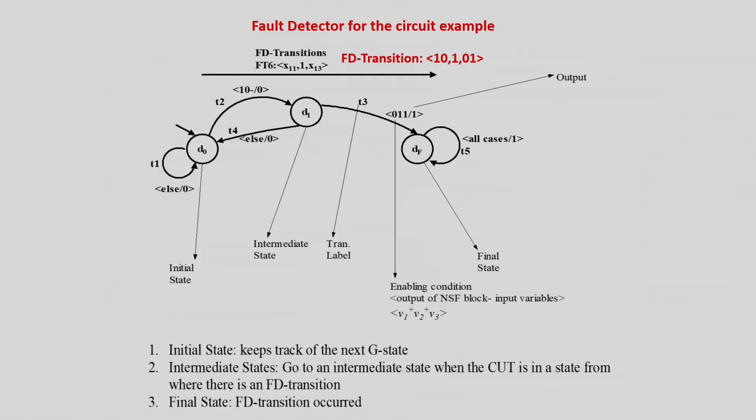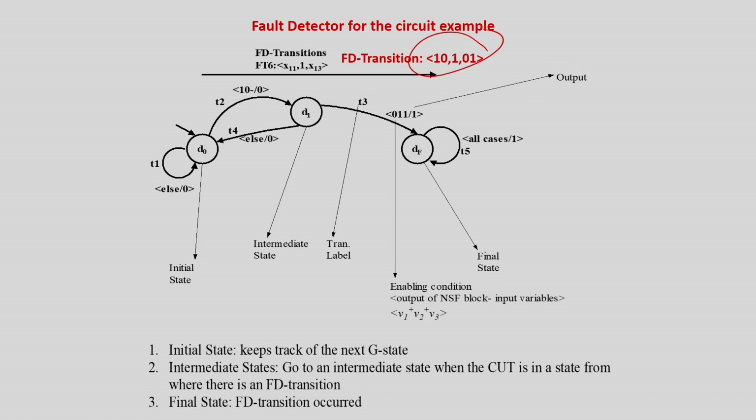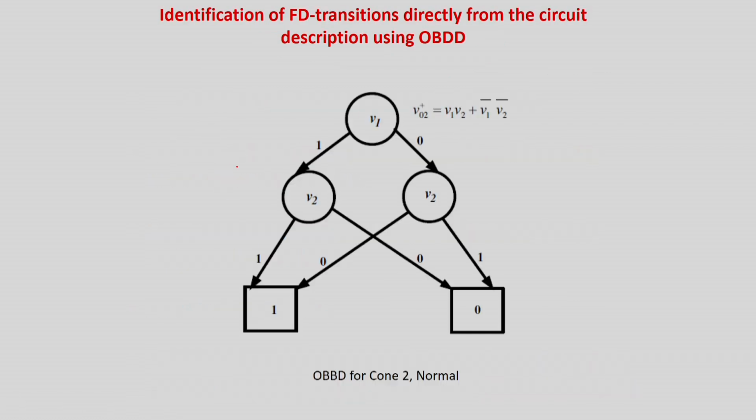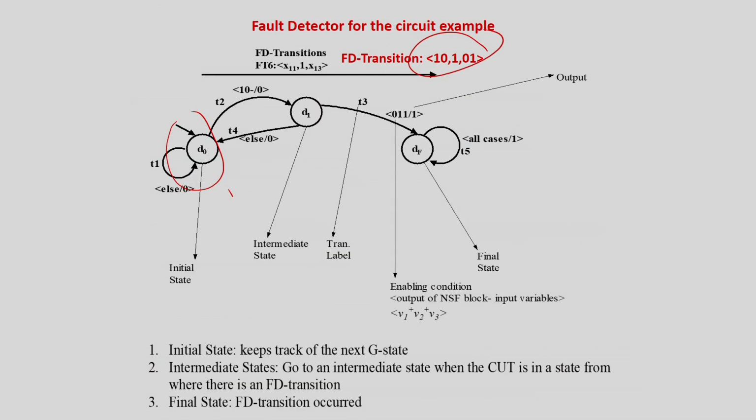So how do I do that? This is the finite state machine design of the test vector for this. The algorithm is simple. Take the normal finite state machine model, the faulty finite state machine model, and collect such FD transitions. In this case, there is only one FD transition, and using that FD transition, you have to design module 2. This slide shows the design of that tester. So keep this initial state. This is the online tester. Module 2 design I am teaching you. So basically, this is the finite state machine level implementation of the tester.